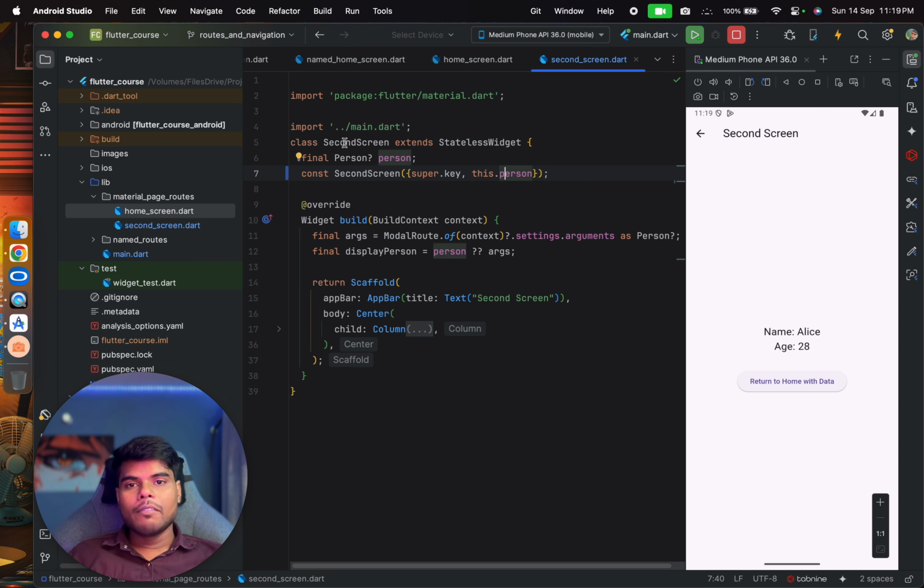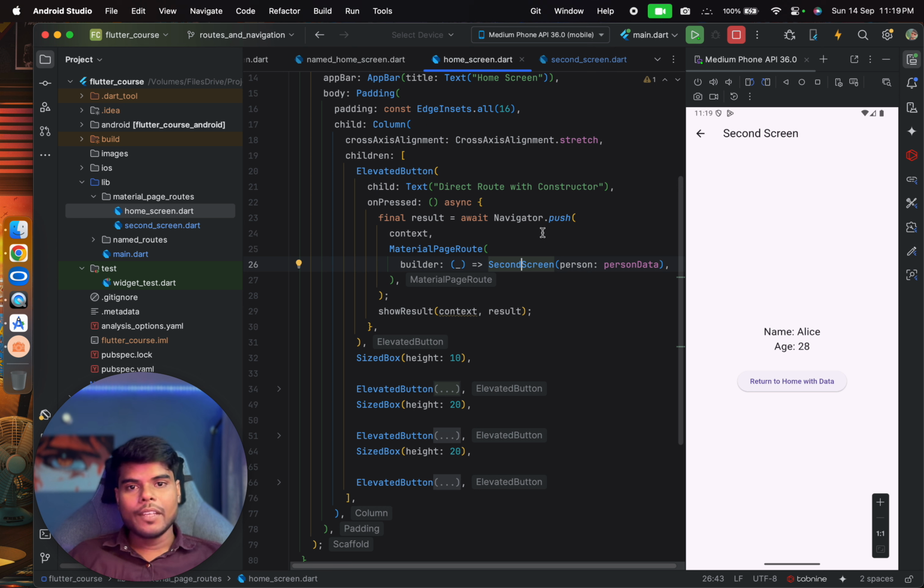So we can pass data through the constructor. This is a direct way where we don't define any named routes. Whenever we want to push a new screen, we simply wrap it inside the MaterialPageRoute and invoke it like that. And when we press this button on the second screen, let's see here,